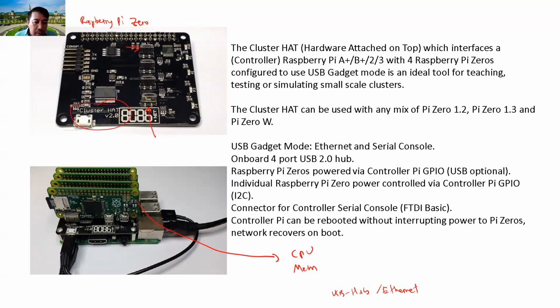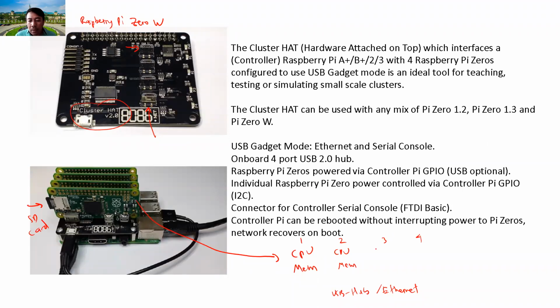I think I have version 1.2. Let me see. Sorry, I have version 2.3, a larger version than this one. So this Raspberry Pi Zero has its own CPU and memory, and I actually bought the Raspberry Pi Zero W, meaning it has wireless, so it can be connected to the others as well. We have a maximum of 4, so you have 1, 2, 3, 4. Each has its own CPU and memory, and also its own SD card, like a hard drive.